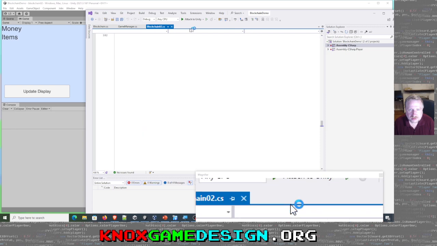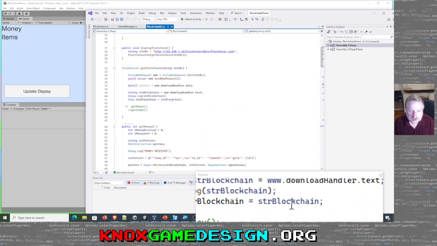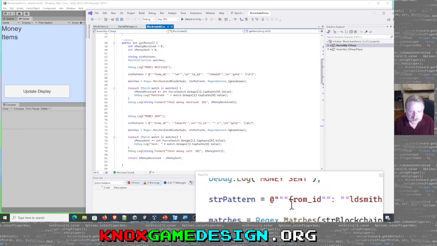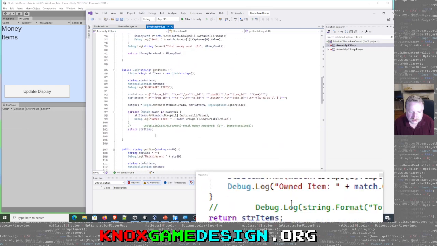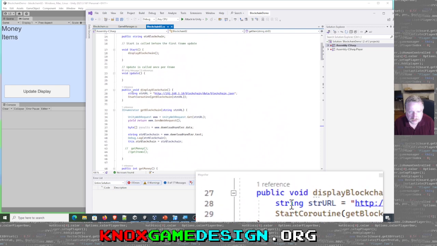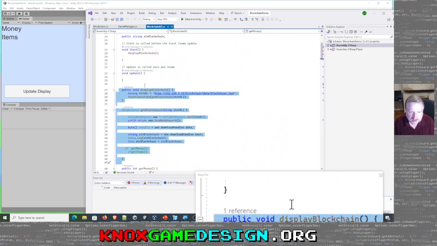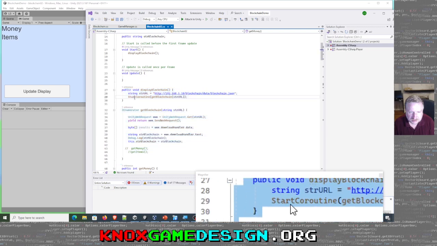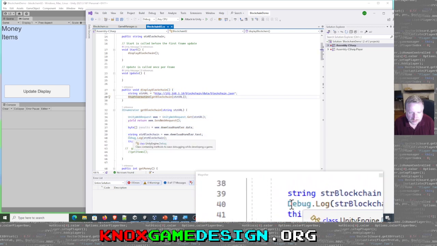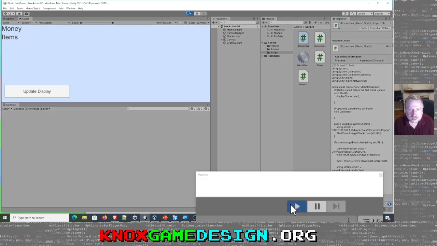And then I have the blockchain 02, which added a little bit of additional parsing, some additional functions, which I'll talk about in a second. But the part of just getting the blockchain is right here, with display blockchain and get blockchain data. So that's going to display it out to the debug console right there. So if we press play,